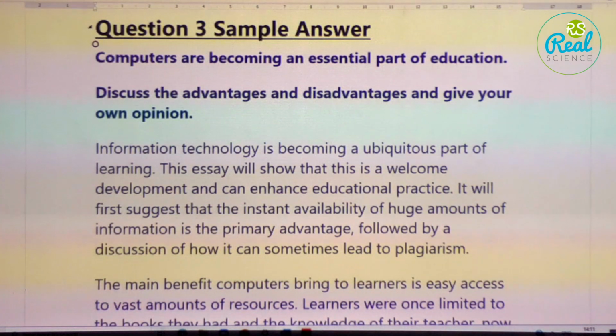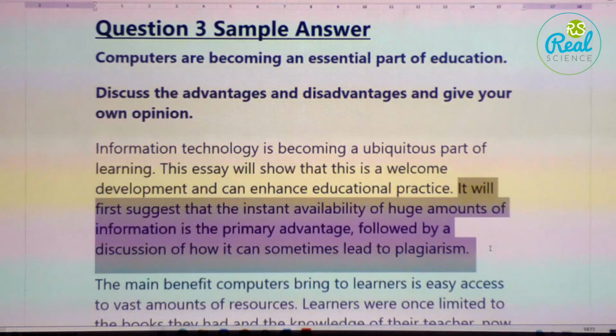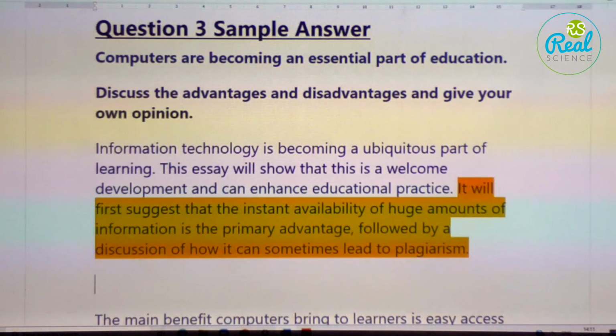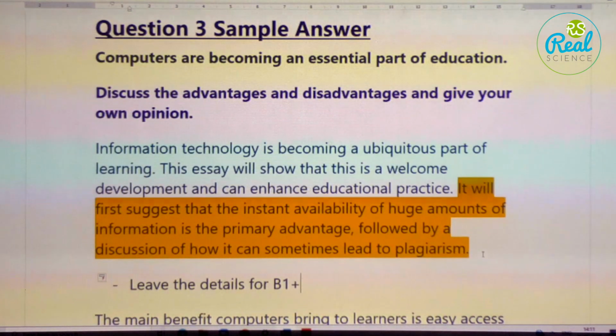Isn't the thesis statement too long? It is. Too detailed. What's happening after the thesis statement? Another thesis statement, right? It's giving you the details. It's like a thesis statement plus an outline sentence, both combined together. I think it's better for you to write more general sentences and make the thesis statement shorter and clearer. Leave the details for B1 and B2.